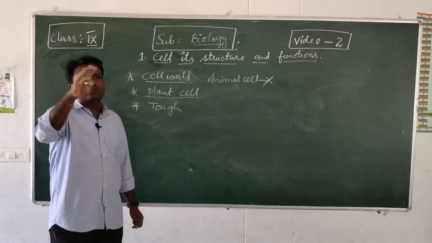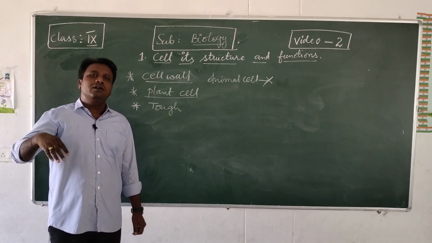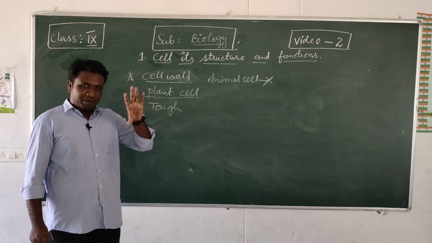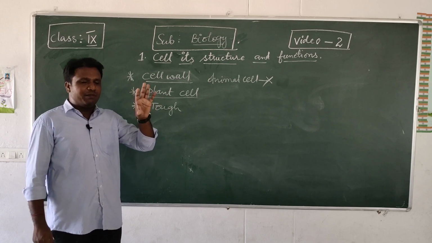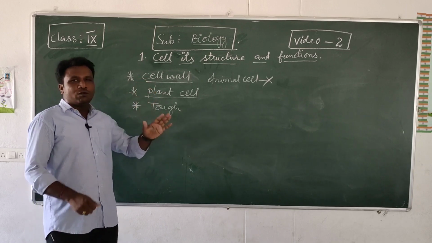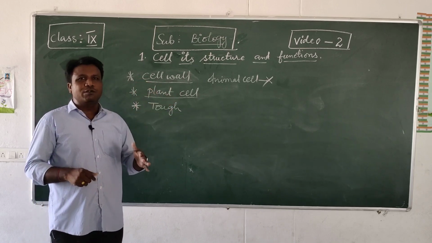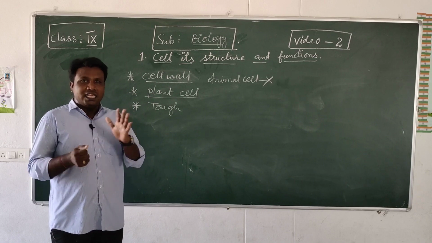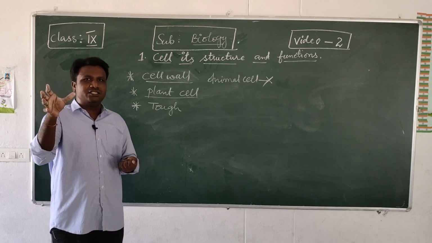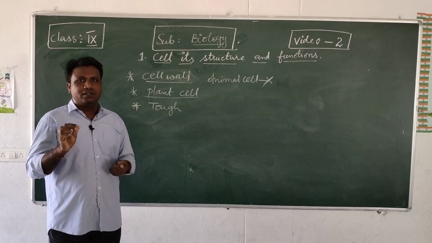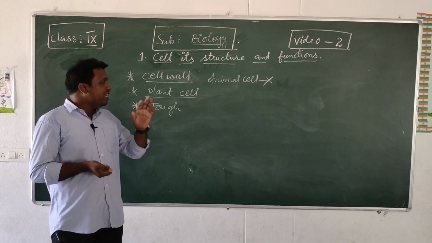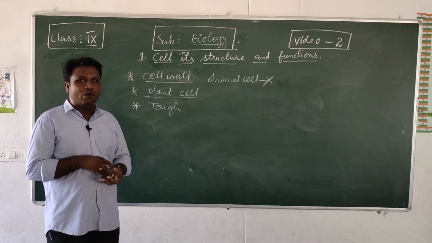See, if you take the walls of our room, are they very soft or hard? They are very hard. The membrane is very thin, so the cell membrane is very soft in nature. And wall means, if you take the walls of our room, they are very hard. In the same way, if you touch a plant, plants are very soft, and if you touch a tree, trees are very hard. So why are they hard? Because of the cell wall.